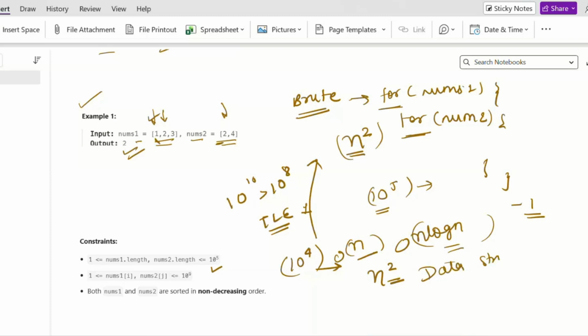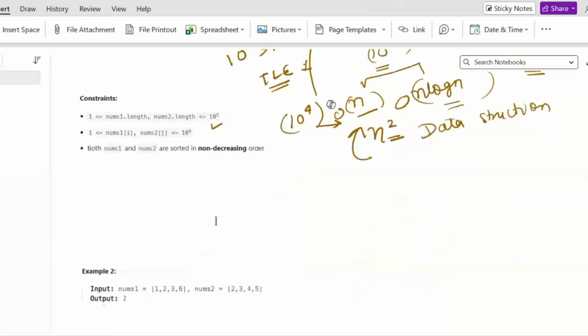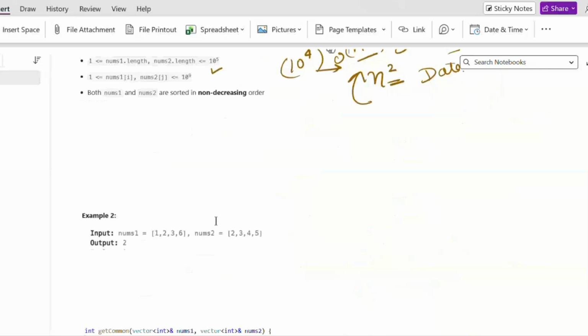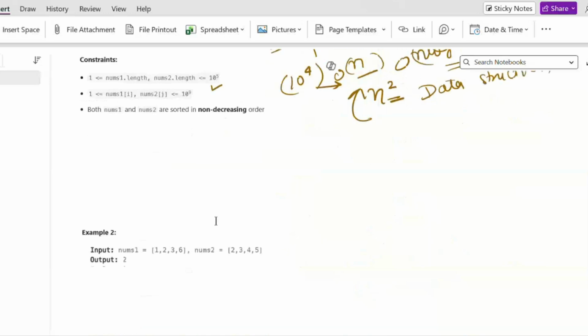The map will store all the nums1 elements, like 1 is coming one time. I traverse the nums1 array and store that in the map: 1 is coming one time, 2 is coming one time, 3 is coming one time, 6 is coming one time. This is done. My map is ready.